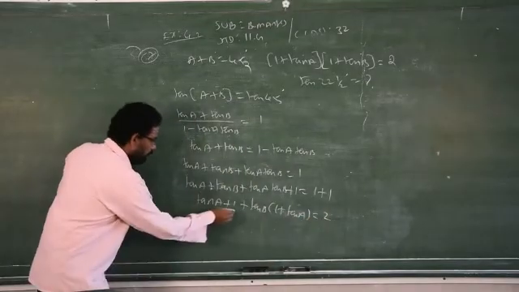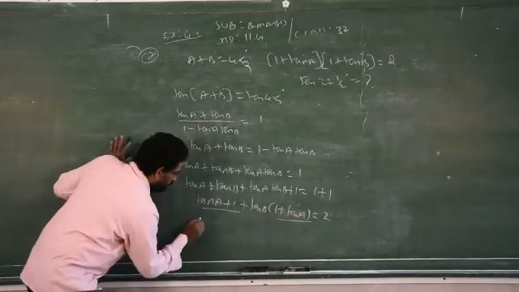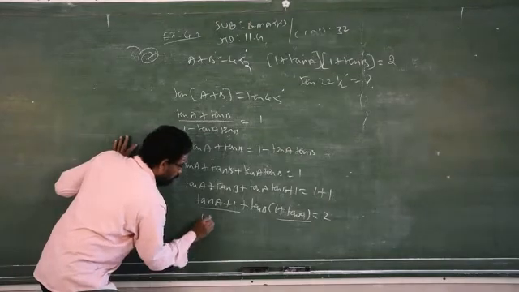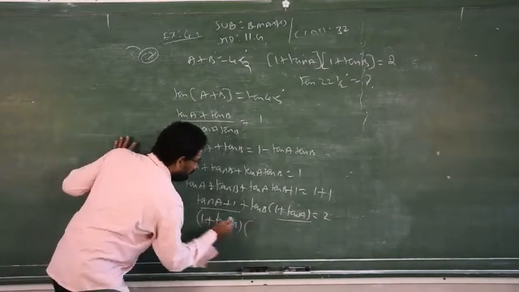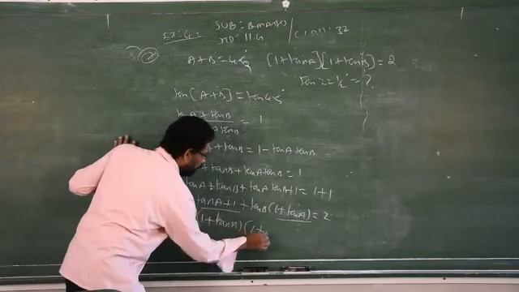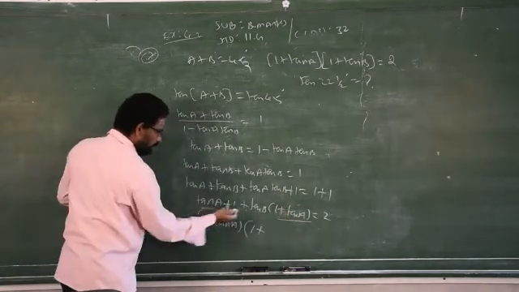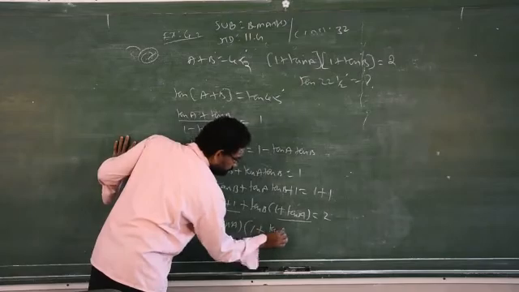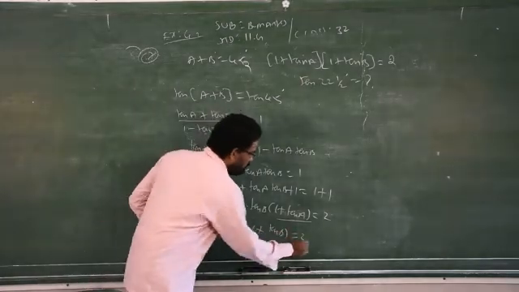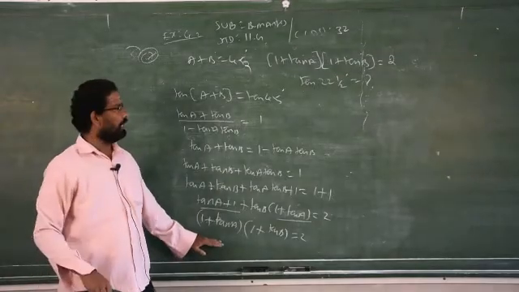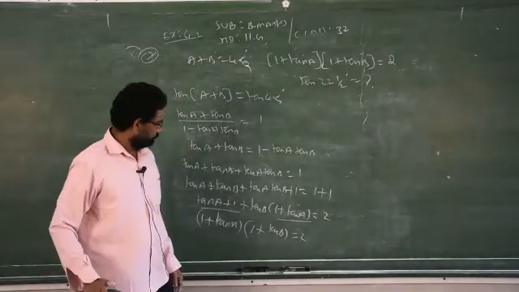2. Now 1 plus tan A, 1 plus tan A is a common factor. So 1 plus tan A, when I am taking 1 plus tan A outside, what will be the remainder? 1. 1 plus tan A is outside, what is the remainder? Tan B. So 1 plus tan A into 1 plus tan B is equal to how much? 2. So this is my required answer. I proved one result. Clear?